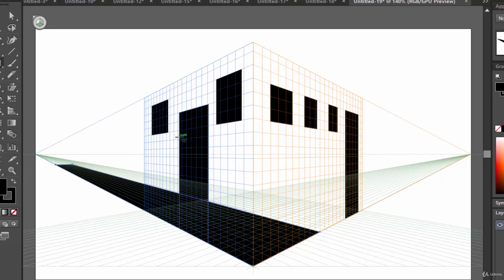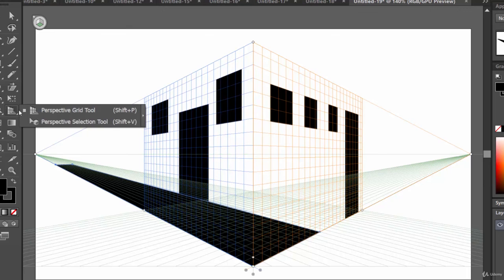That is how we can draw using this perspective grid tool. Okay, so that's it. Just grab the concepts. In this lecture, we have seen how we can use this perspective grid tool and how we can draw using it. And here we have another tool, that is the perspective selection tool.